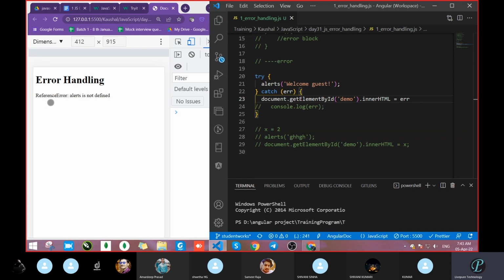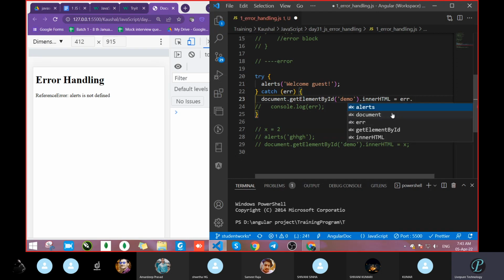See, previously we were getting a reference error colon alert is not defined, but we do not want this. We want a proper message. So the dot message property is there. We got the proper message.